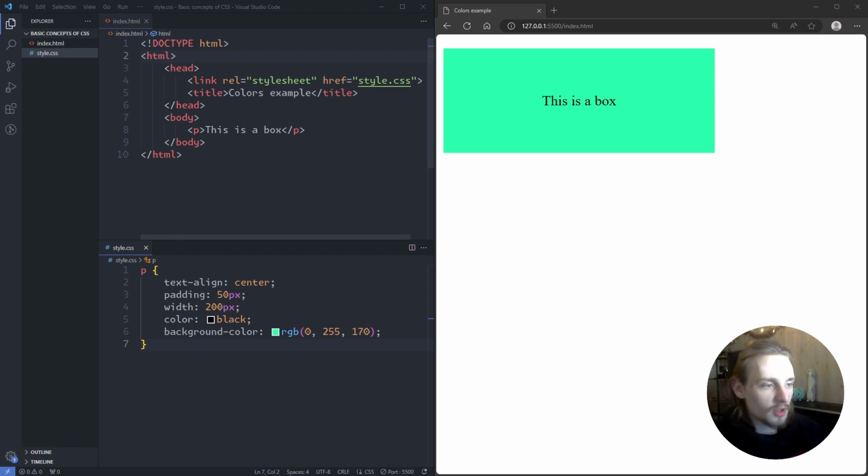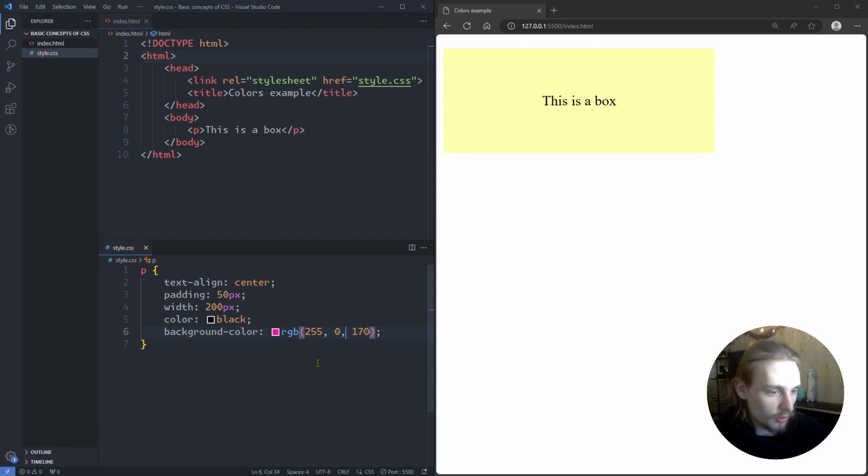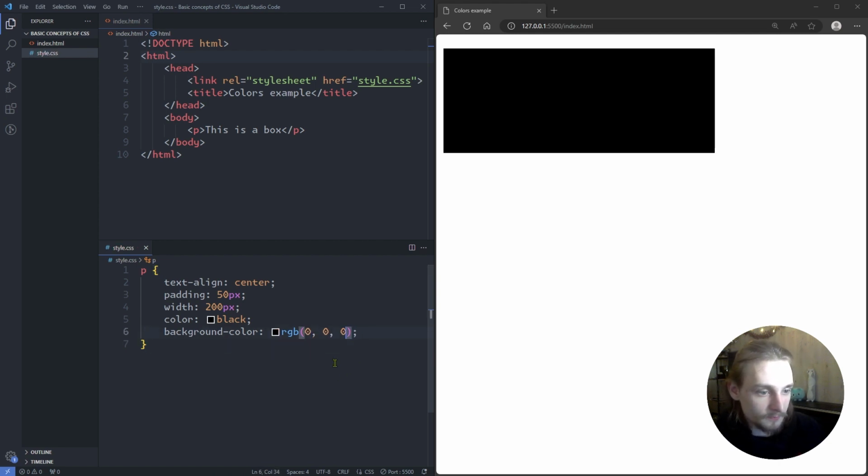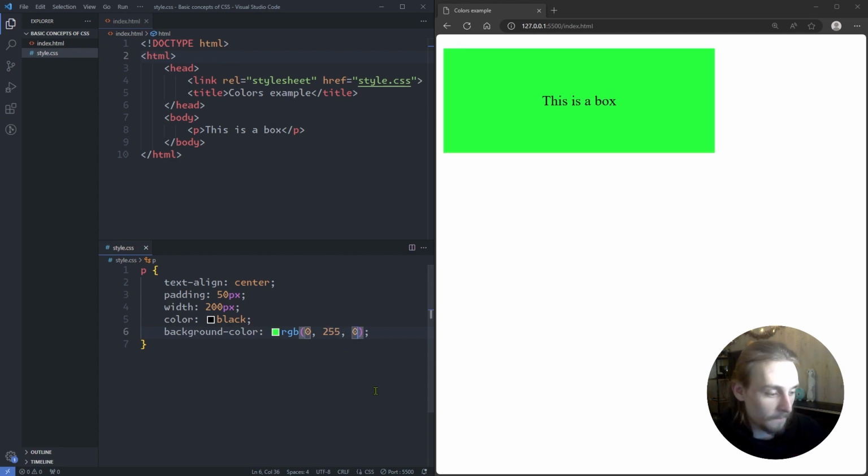The RGB color model consists of 3 values, each of which is between 0 and 255. The first value represents the amount of red, the second, the amount of green, and the third, the amount of blue. For example, to set the color red, we need to type rgb(255, 0, 0), and the color green is defined as rgb(0, 255, 0), and the color blue is defined as